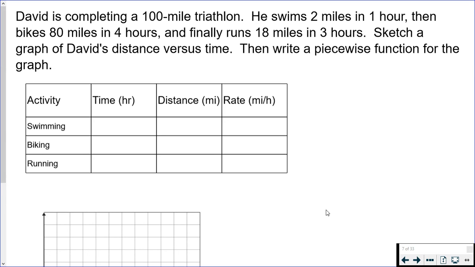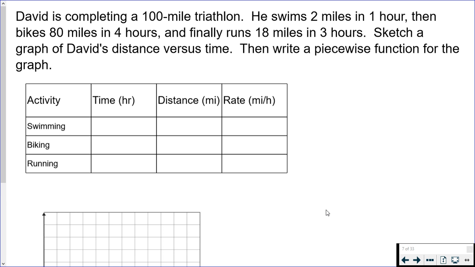I'm going to demonstrate writing a piecewise function given a real-world scenario, and I'm also going to graph it. So I've made a table to help us organize the information. If you want to pause the video so you have a chance to write down the question in the table,